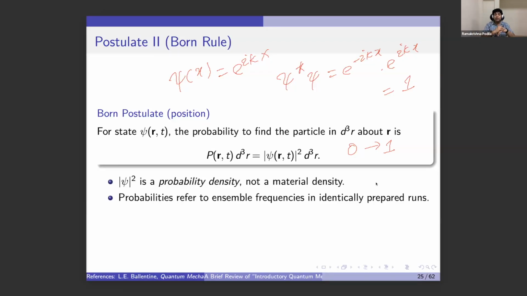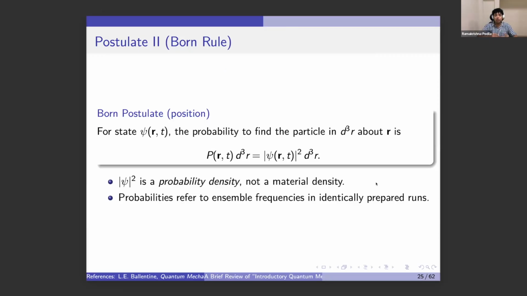So these probabilities refer to ensemble frequencies in identically prepared runs. That is, every time I have the source emitting the same electron, and based on these ensemble frequencies, we are building this psi square. So once we have defined psi square as the probability density, then we can see